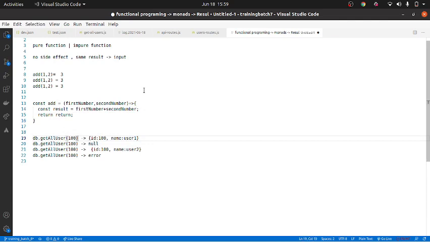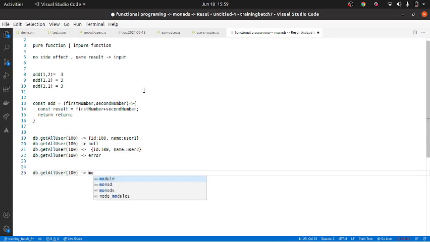Now the question is how can I make this into a pure function, and for that you have something called monads. How can I make this a pure function?